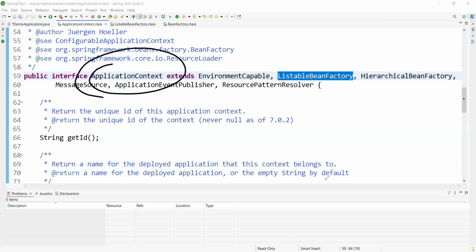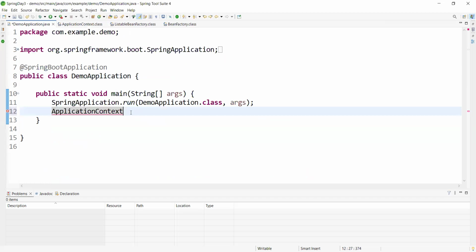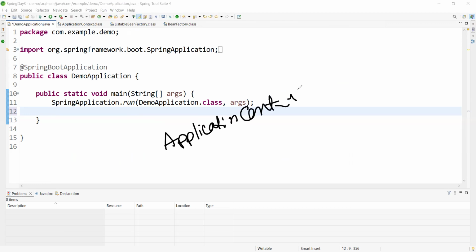With this, just observe one point. Should I continue or should I explain the next step? Just observe, let me explain this single point, then I will explain in the next class. I am repeating once more: mainly we create the ApplicationContext. Like mainly we create which one? ApplicationContext.